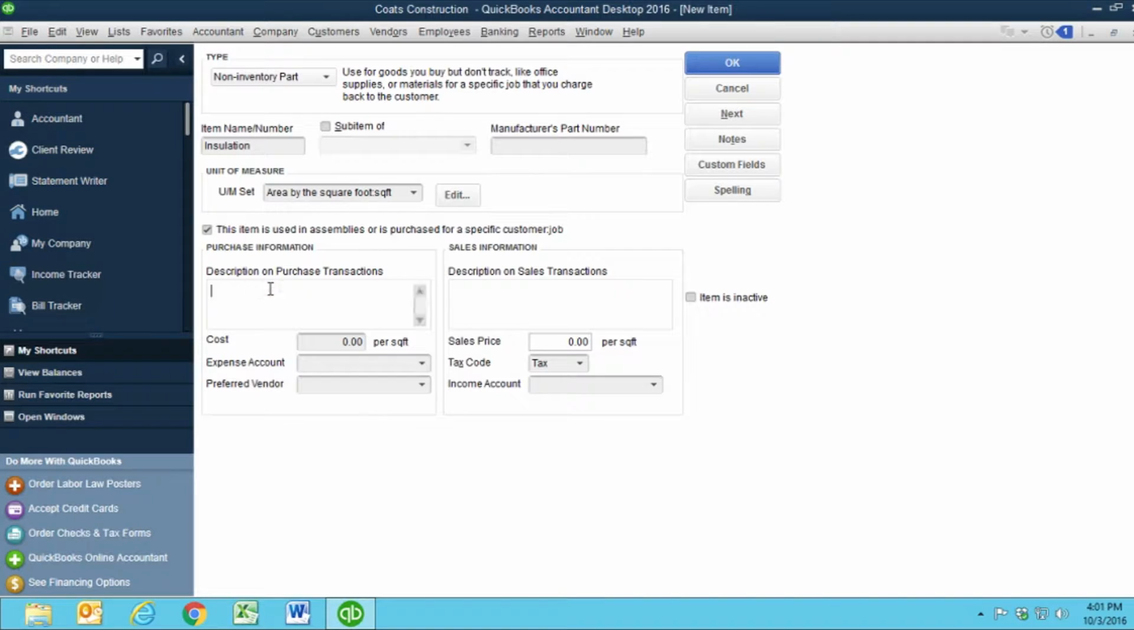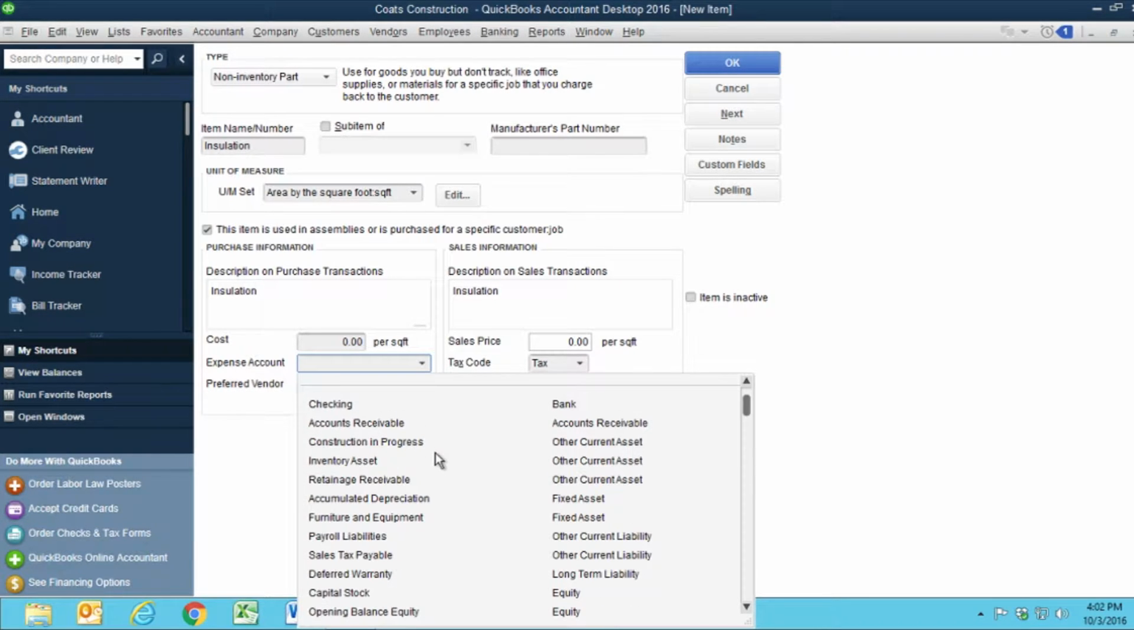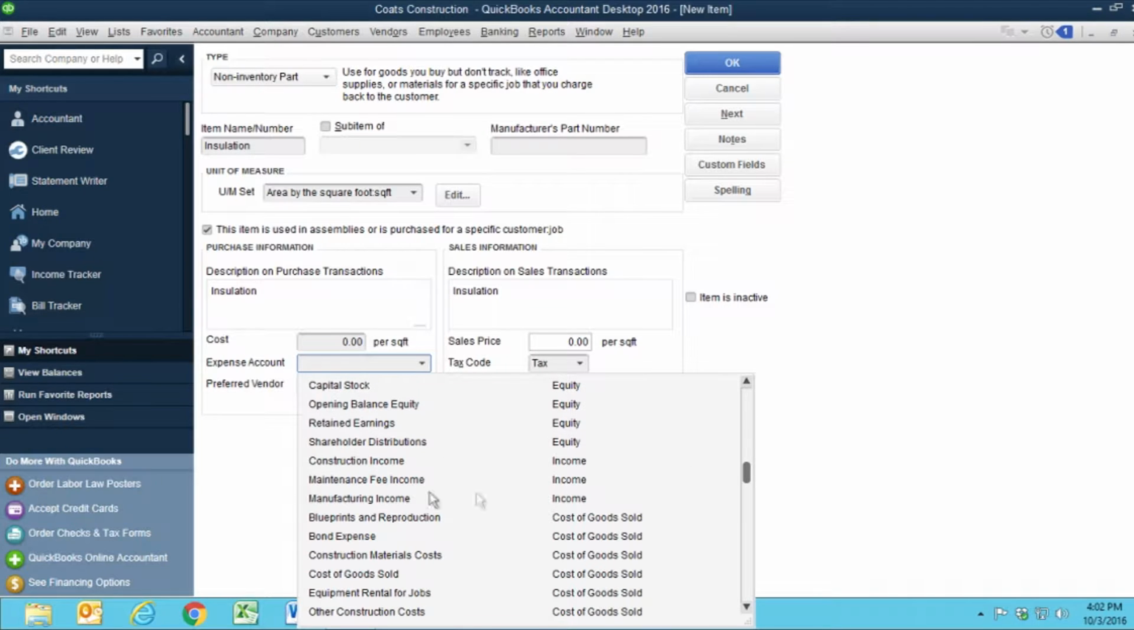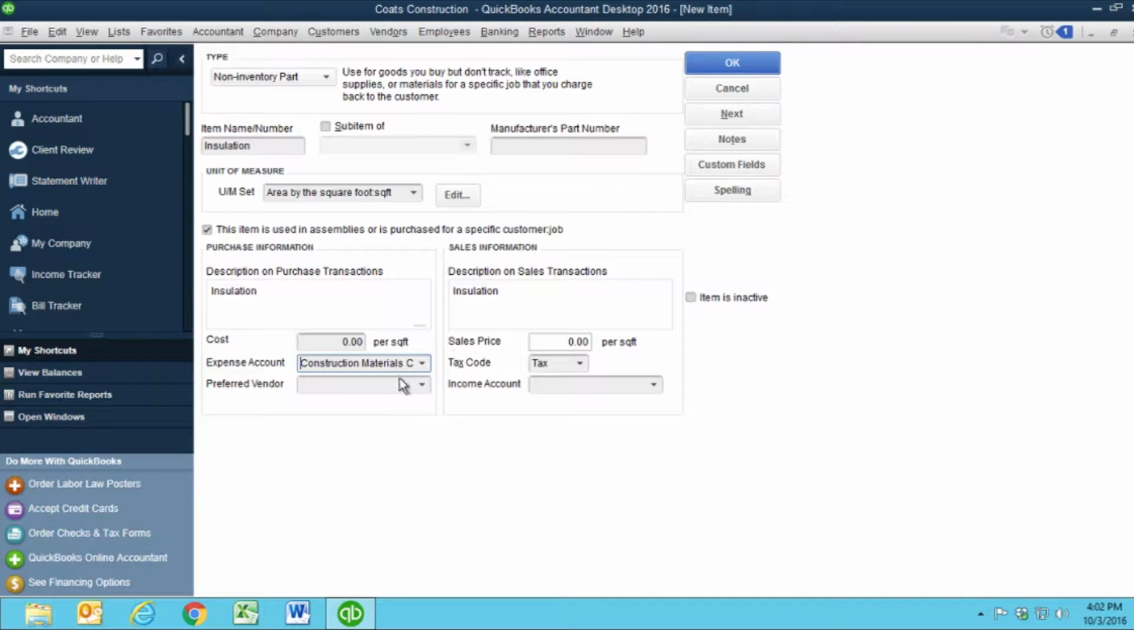So in our description, we're going to say insulation. Now you can say more if you want, but that is totally up to you. Our subcontractor or our expense account is going to be construction materials costs. And our sales price is going to be